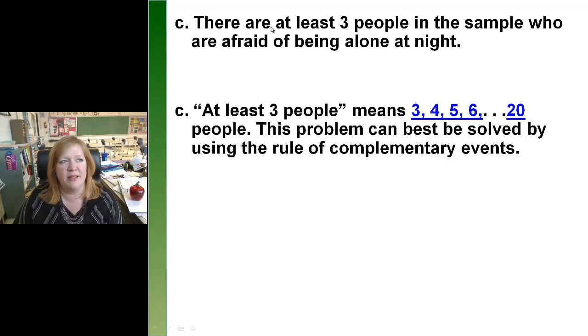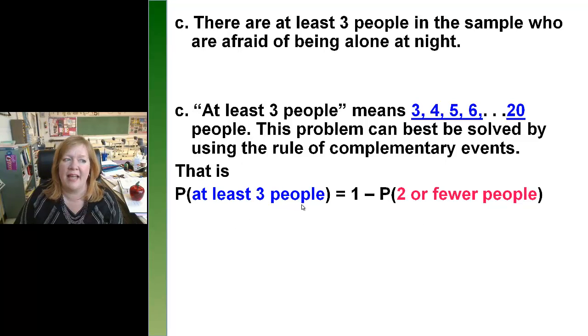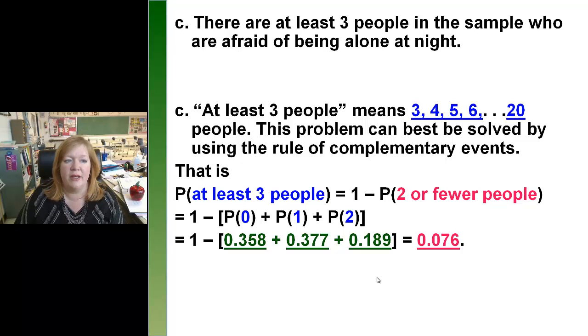So let's look at the next part of this problem. What's the probability that there are at least 3 people in the sample who are afraid of being alone at night? At least 3 means bigger than or equal to 3, so 3 all the way up to 20. That could take a little time to add up, so it can best be solved by using the rule of complementary events. That is, the probability of at least 3 people is 1 minus the probability of 2 or fewer. These are complements. We already did this one. So the probability is 1 minus P of 0 plus P of 1 plus P of 2, which we just found, and we're going to end up with